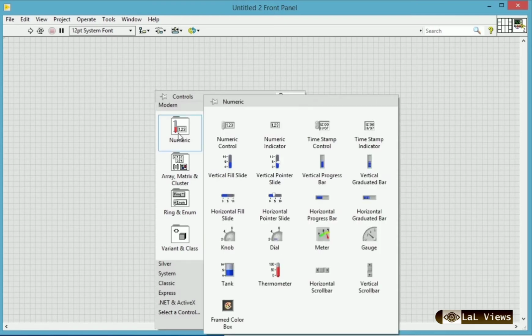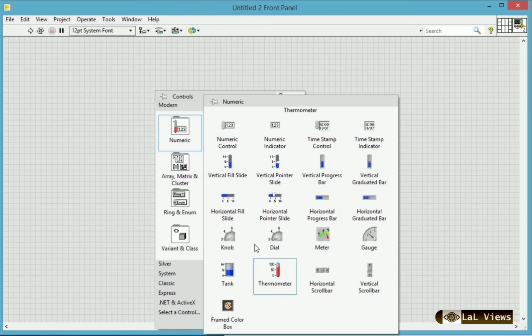When I place the mouse on the numeric option, you can see the numeric control, numeric indicator, timestamp control, timestamp indicator, vertical fill slide, and so on. So knob, dial, meter, gauge, tank, thermometer, etc. There are so many numeric controls available in our library.